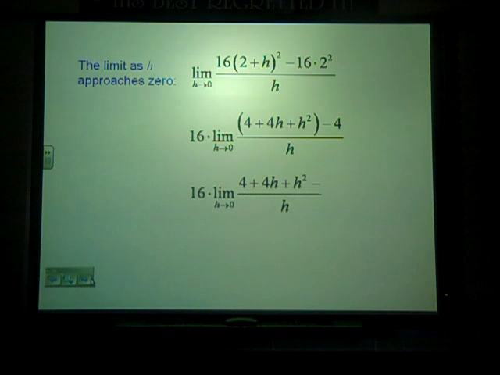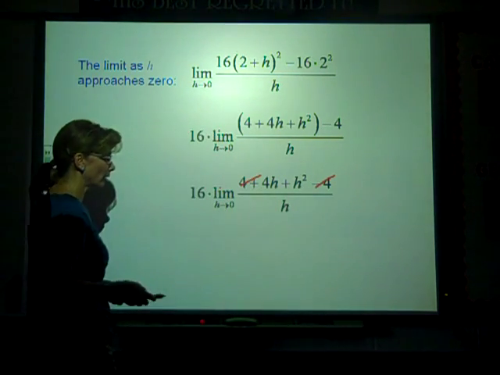And if I was going to simplify this, the first thing I'd do is take out the 16s. I'd factor them right out. It's not going to make a difference; you can just put it in front. As we go through this course, it's always easier if you see a common factor to get it out in front. Smaller numbers are just easier to work with. (2 plus h) squared is going to give you 4 plus 4h plus h squared. And then as you simplify this, you can see that you can take out